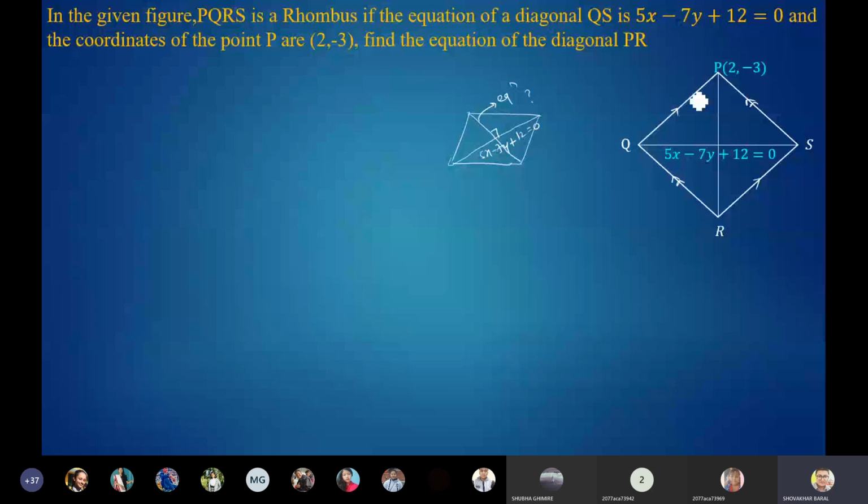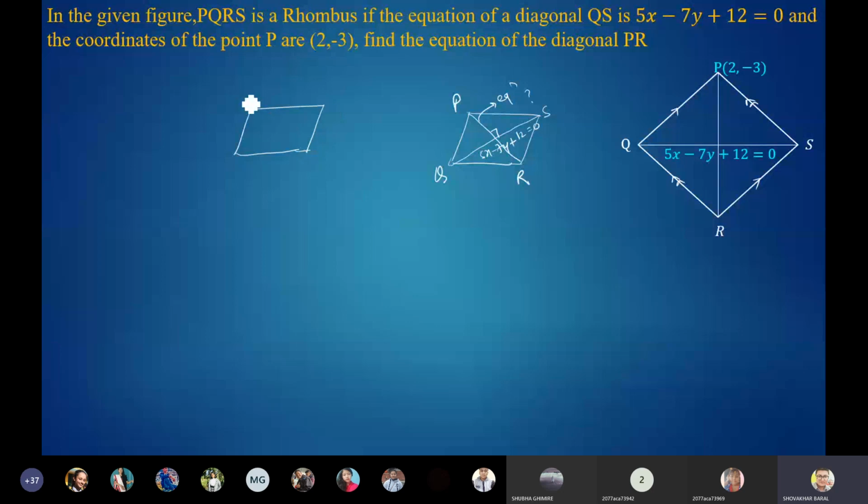Here PQRS is given. So PQRS, and be careful while writing the coordinates. So if you write P and you write Q, PQRS, you must be regular. Okay. You cannot skip one point and go to the next one. Most students make mistakes by writing the coordinates in such a way.